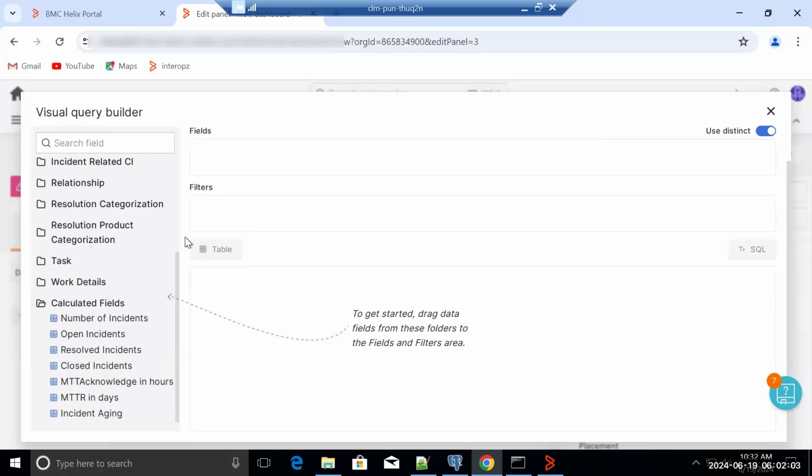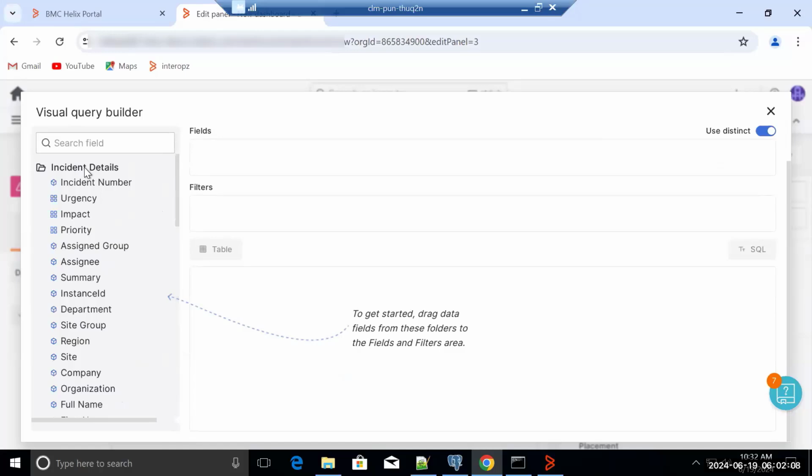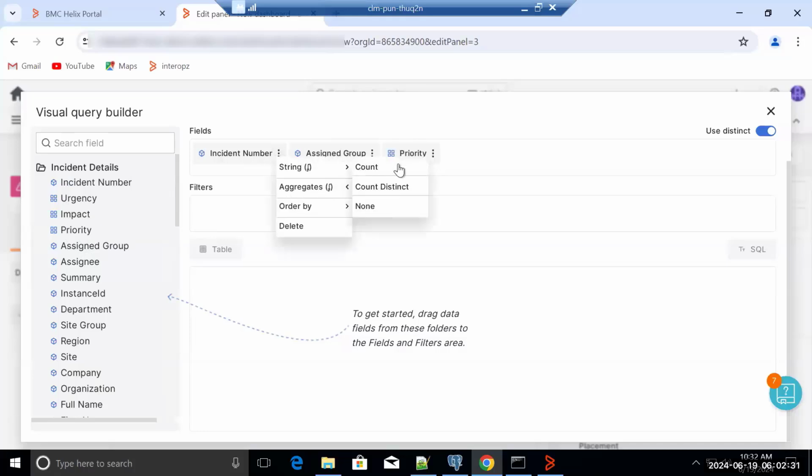Now what I'll do, I'll have one more report which will show you count of incidents based on priority as well as assigned group. So I'll add here again incident number, assigned group, and priority. Again, I'll go ahead and add here aggregation. So here you can see